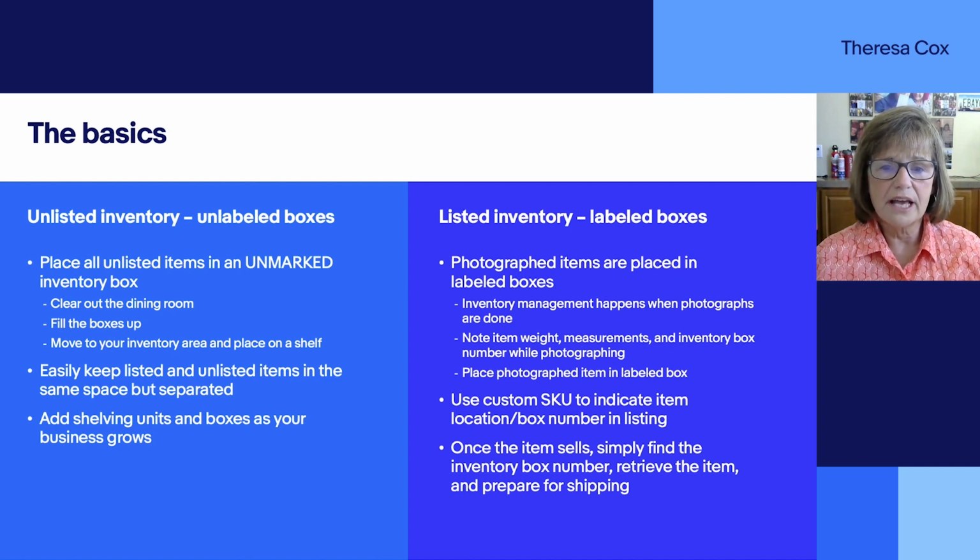So the listed inventory goes in the labeled boxes. Inventory management happens when the photography is done. When your photographer is taking the pictures, they will take all the information you need in pictures. You can put the item on a scale so you can get the weight. You can take pictures of tags or you can write things on a whiteboard. The key here is when you are photographing, you will have an empty box or 2 or 3 that are labeled, and you will put your inventory in the labeled box